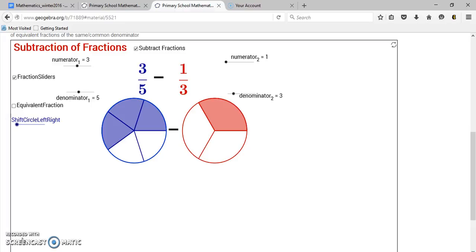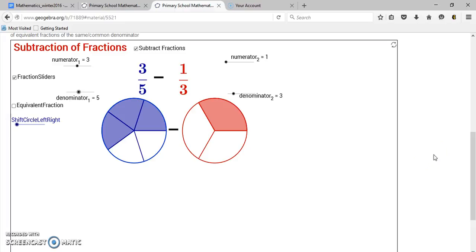Now, with this tool, you can do addition of fractions or you can do subtraction of fractions. To start out, we can do subtraction of fractions. So there's the fraction slider tool that's available. Make sure that that's clicked. Otherwise, if you unclick it, you just have a set numerator and denominator that you're working with. If the option's clicked, then you can switch the numerator and denominator between both of the fractions. Now, for this tool, the denominators don't exceed 10, and because we're working with proper fractions, the numerator would never exceed the denominator. So to start out, we'll just start with a random